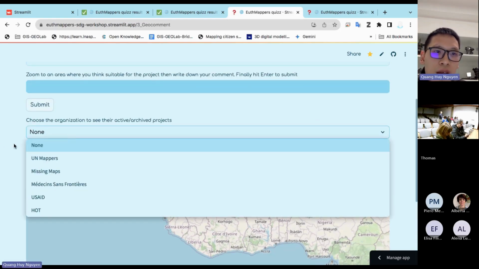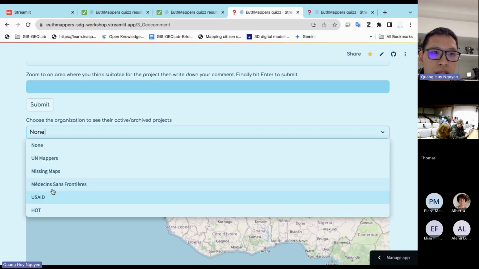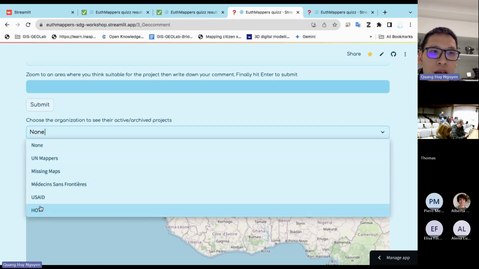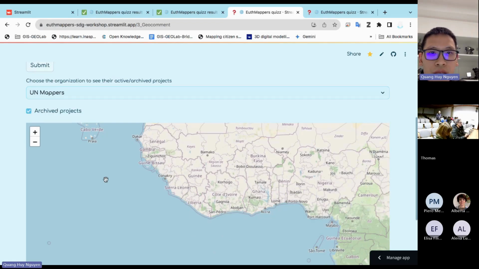To support you, I also put here some of the organizations, like YouthMappers, Missing Maps, Médecins Sans Frontières, USAID, or HOT. Here we can see their projects showing on the map. You click. Okay.